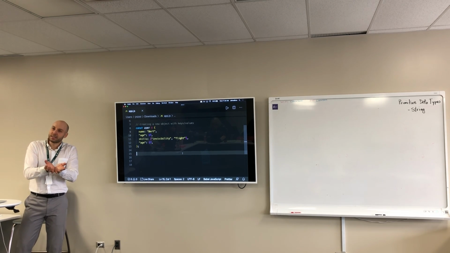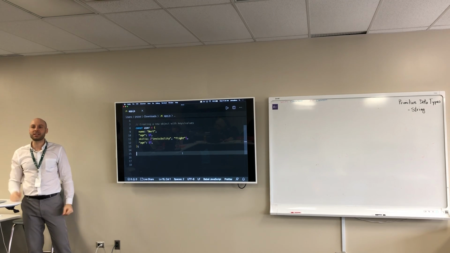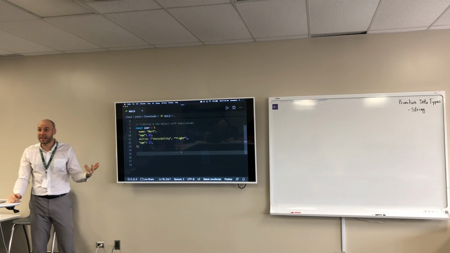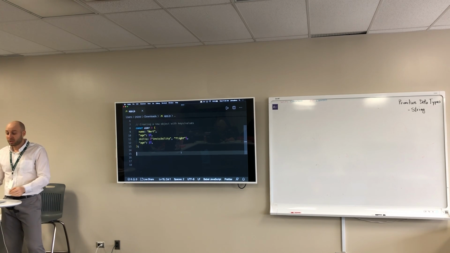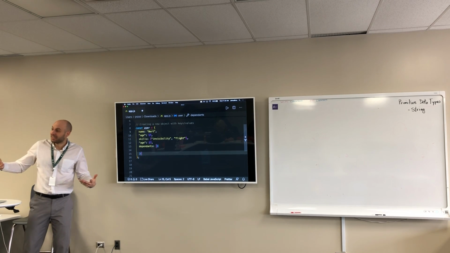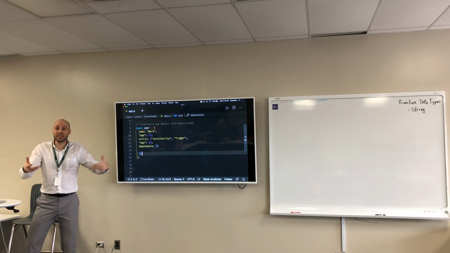Here's something else. Can we have multiple values for a key, for a value? No, if we want to do multiple values, we create an array. We can have an object of objects. For example, user might have dependents, which could be an array of objects, right? Kids. Maybe you have multiple kids and your kids have